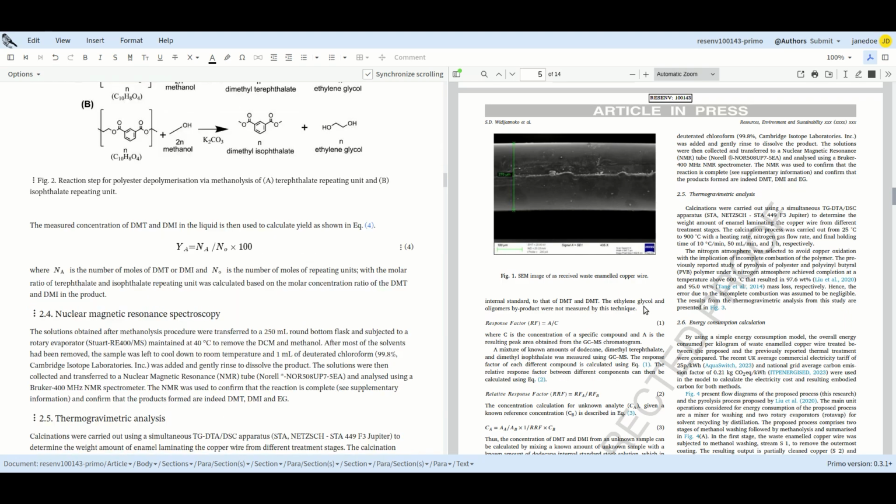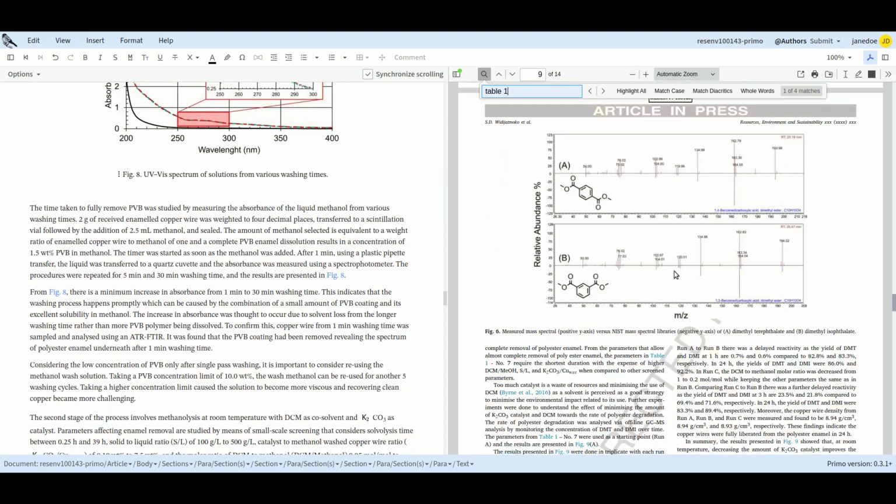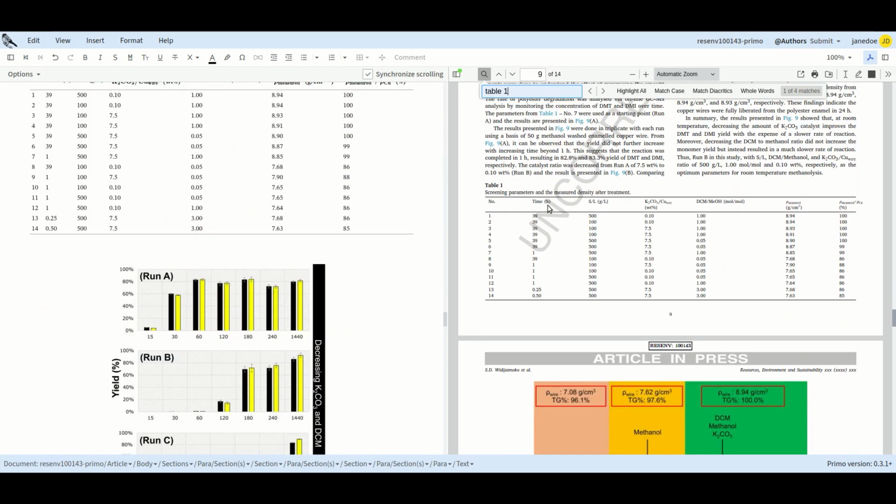To navigate to a table quickly, we'll click on the PDF, launch the search box by clicking on the Ctrl F keys, and type in Table 1. As you see, this will direct you to Table 1 in the article. Now, in order to add a space below the caption in this float,